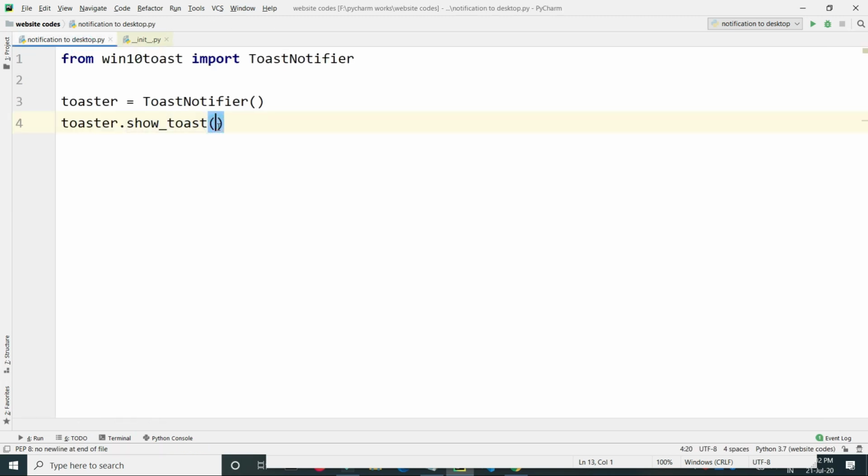Here we will type the title, that is Notification, and then we will type the message, this is a notification to the desktop.